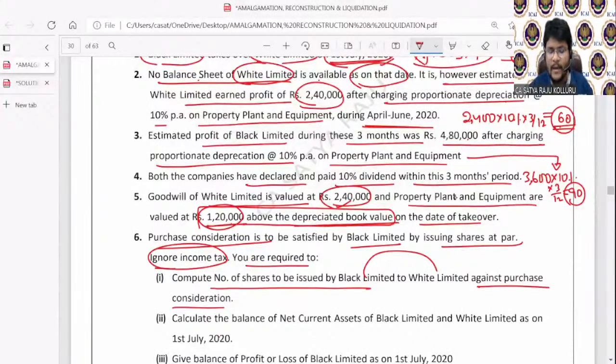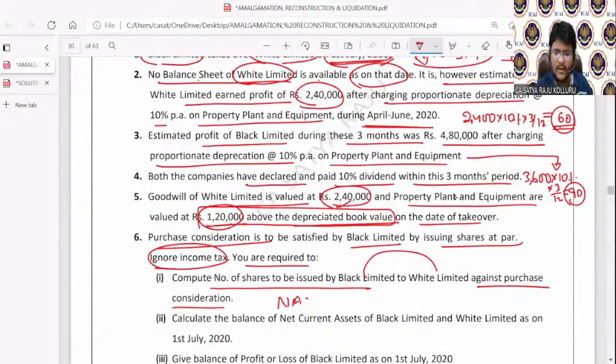First question I am asking you. Method of PC. Can you please participate, all of you? What is the method of PC? Quickly, guys. I need replies from you. What is the method of PC here? Can you please tell me, all of you? Net asset value method, guys. Net asset value method. Simply NAV method.